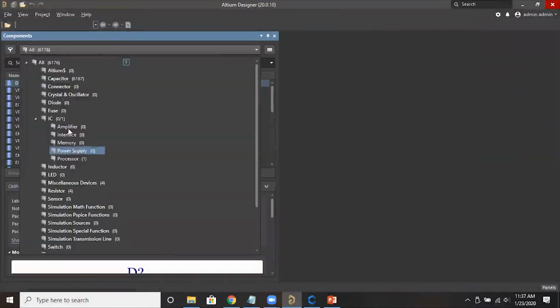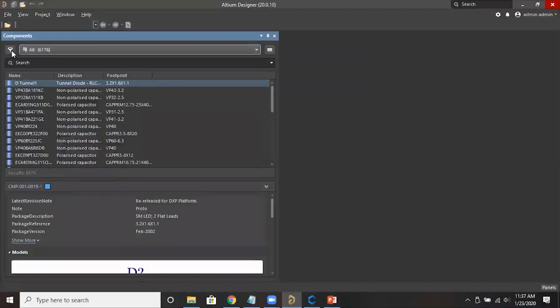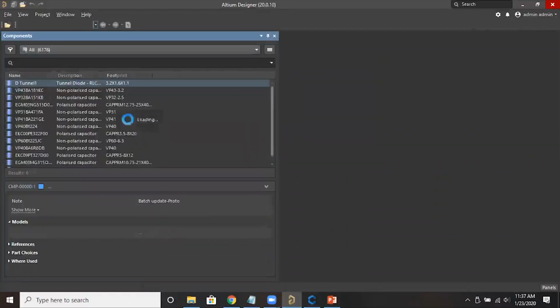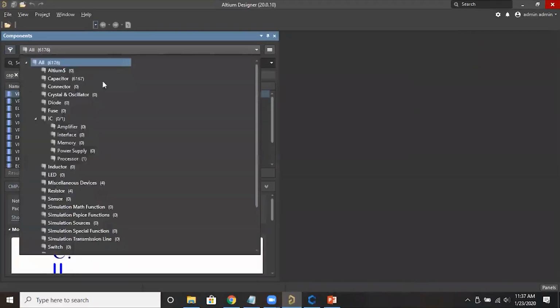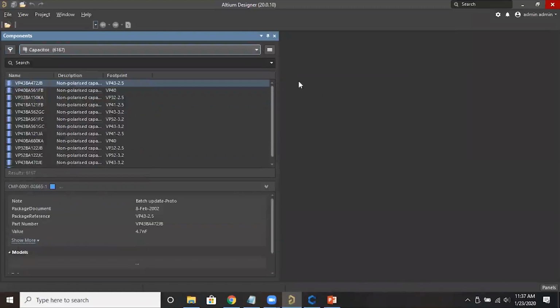Now you can select category-wise, whether you are searching for a capacitor or resistor or processor. You can select a particular folder, or you can select the complete library, and there also you can search the component, whether you are searching for a resistor or capacitor. If you are searching for a capacitor, again as I said, there is a filter option. It will take some time to load, I think, because capacitors are more. I will go here and show you.